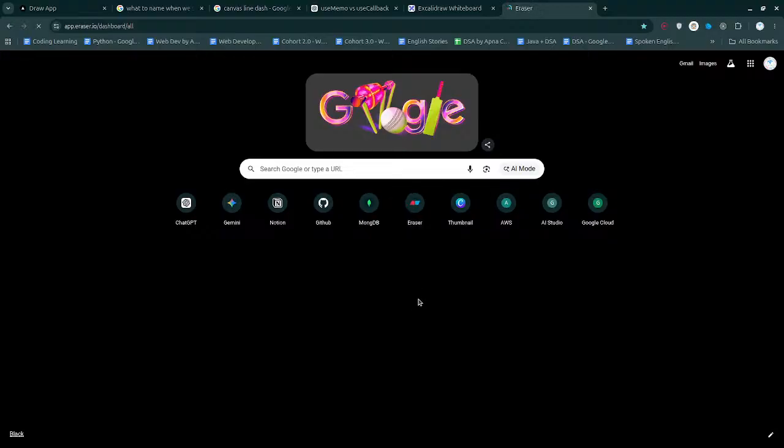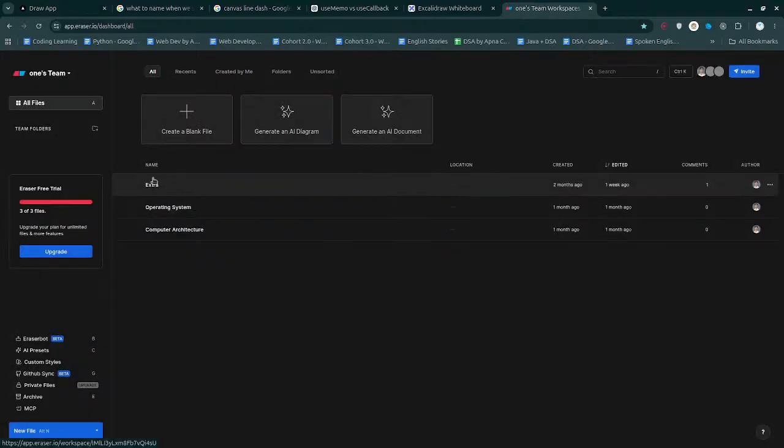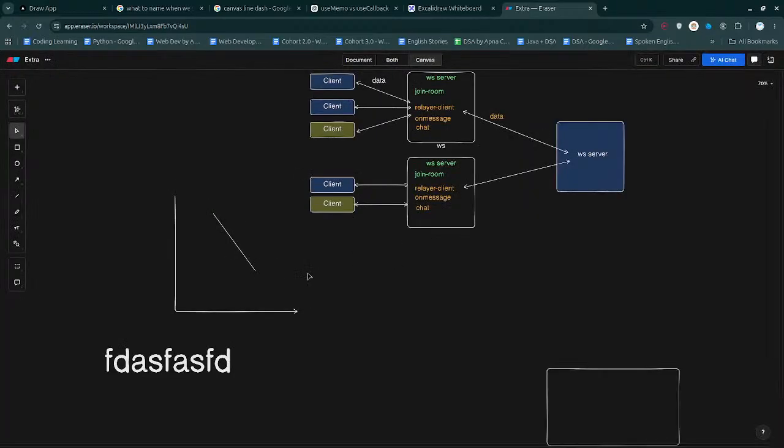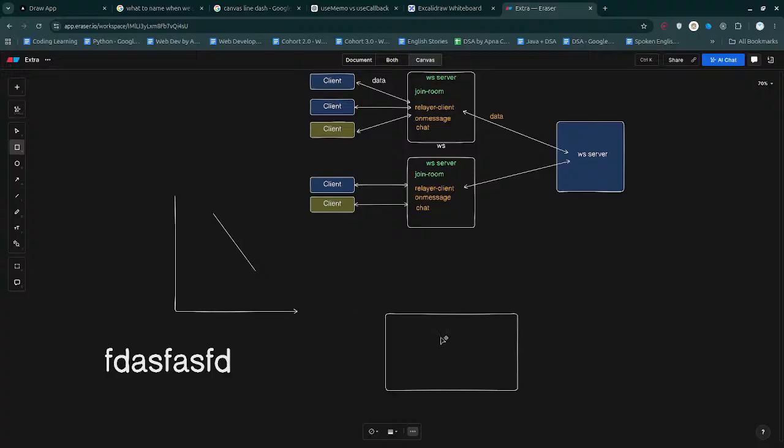And meanwhile there's another website, Eraser. Again we have to work on all these things. They seem to be simple things, but at the end of the day they matter the most. So over here, it doesn't matter where you click, it gets selected. Now if I draw any image or any shape on top of that, what will happen if I click,